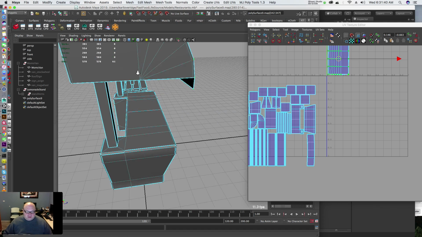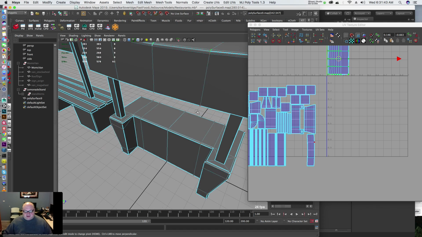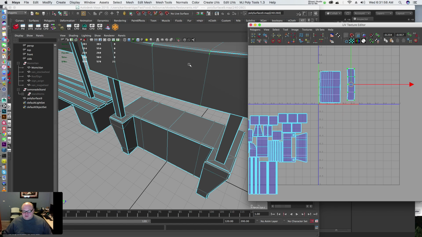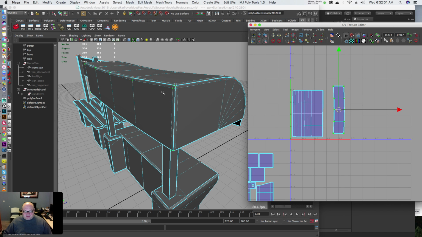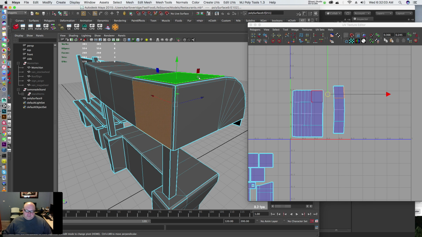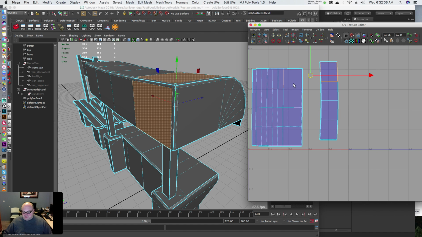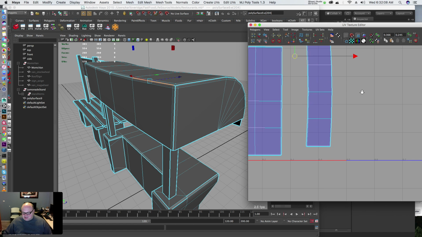All right, so now let's start taking pieces. Now this is a fairly easy model to unwrap. So instead of doing this expand, I'm going to use my hotkeys now that you kind of know what that is. Now, one thing I do like to do is sew things together as much as possible. So for example, these faces here marry up with those faces. So what I would do is pick these edges. Actually, I think you can just pick that whole thing like that as edges, and you use the move and sew button,